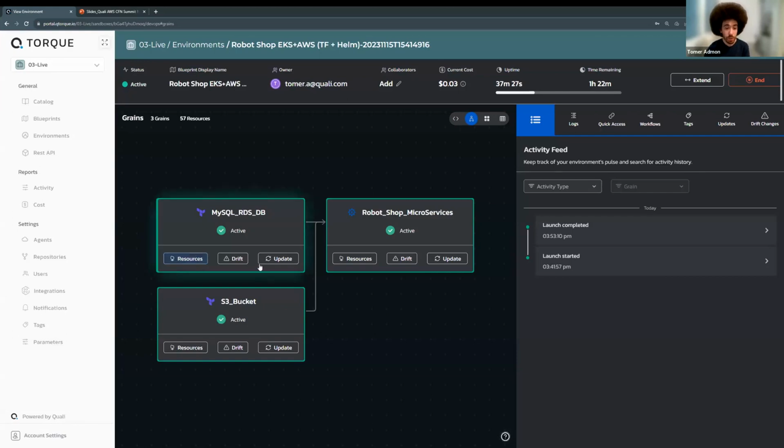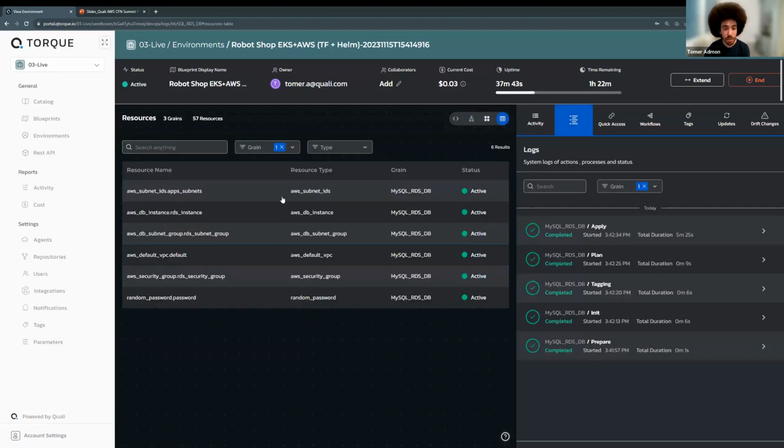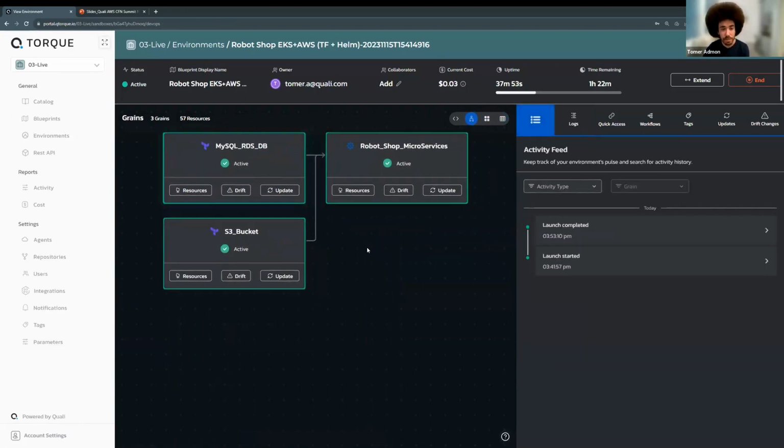Now, you see 3 different buttons here on each and every one of the building blocks. And this is something that I really want to emphasize as well. So as we already discussed, anything that's being deployed, we want to investigate, and we want to show you what resources were deployed out of it. So here are all the resources that were deployed as part of that RDS instance. You can see the VPCs, the subnet. It might be interesting for the end user, it might not.